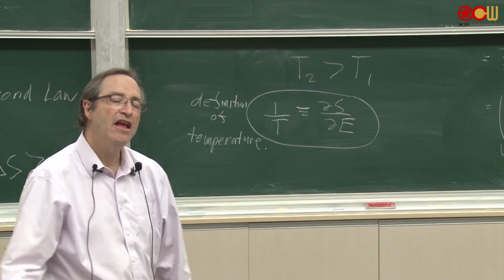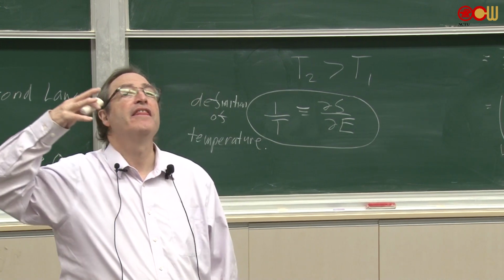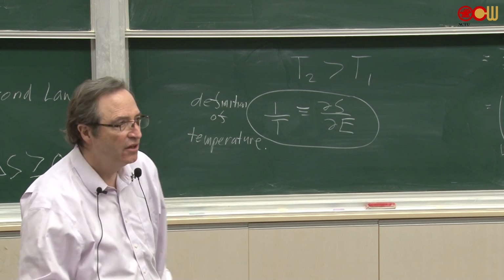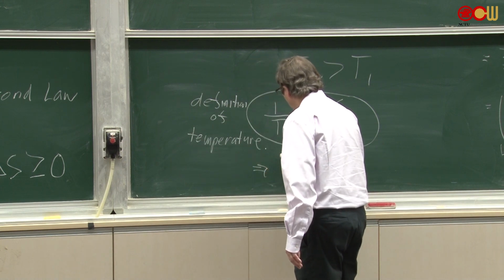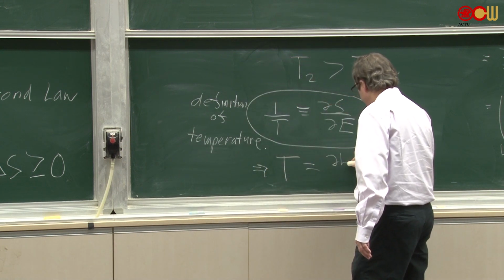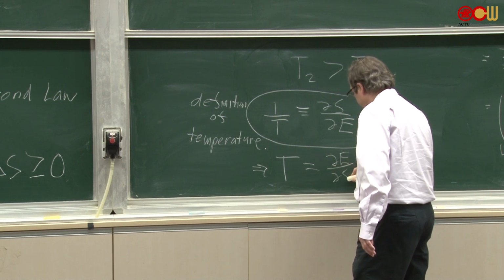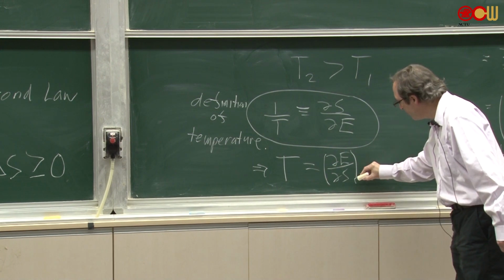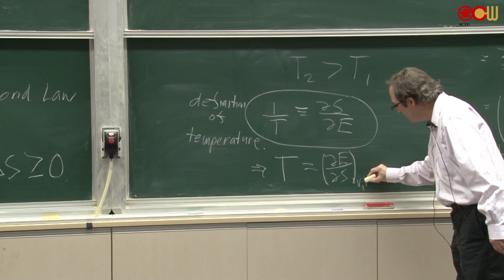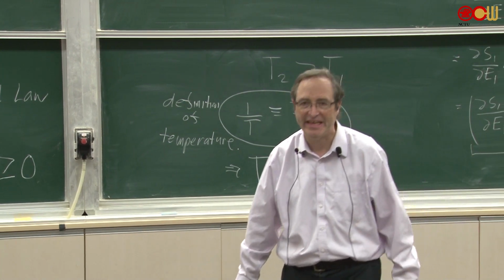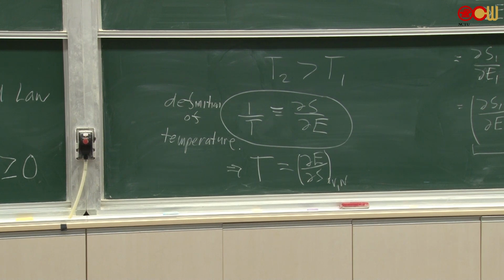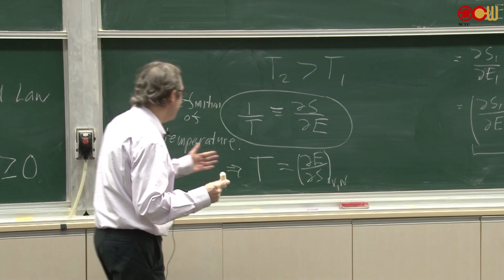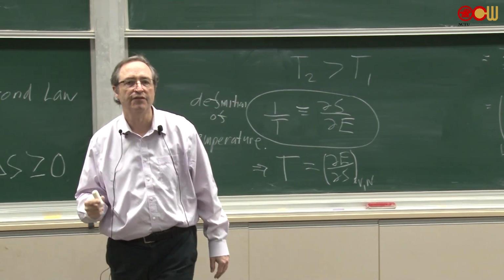All right? In other words, it tells you how the entropy changes with energy, or actually the energy changes with entropy. So this is also true. And to make this more precise, the volume and the number of particles is held fixed. So that is only valid if the volume and number of particles is held fixed. Okay, so that is our definition of temperature.